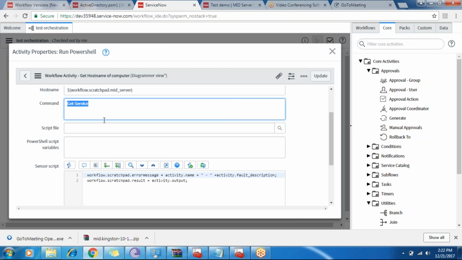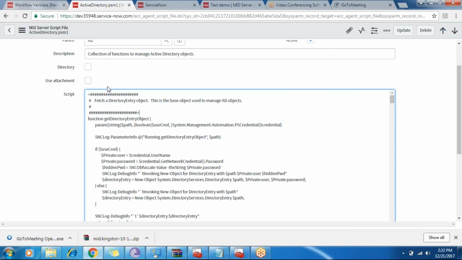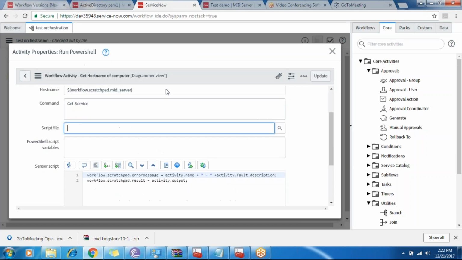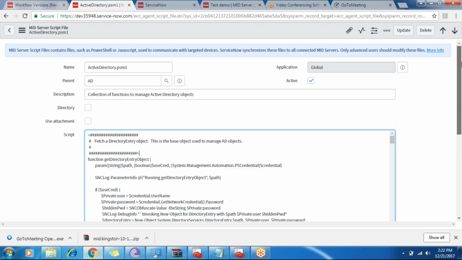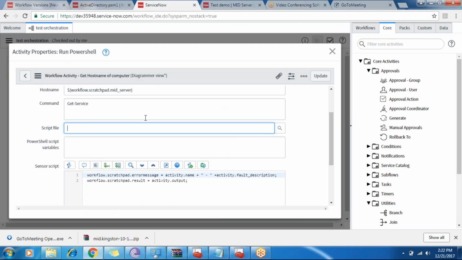Instead of that, you can use the script file. You just change the script file here, and it will be refreshed in the MID server. When we use a script file, it creates a local copy in the MID server, on the machine where the MID server is installed.